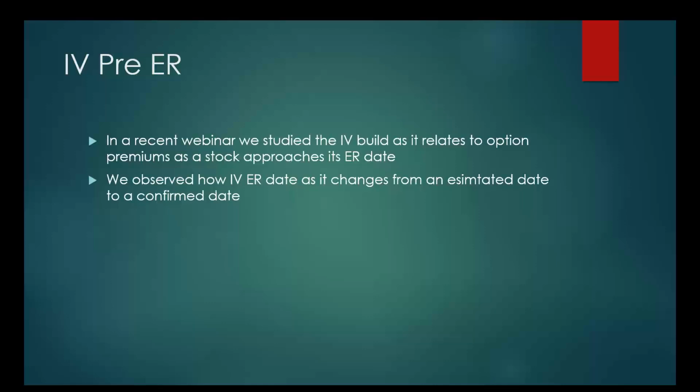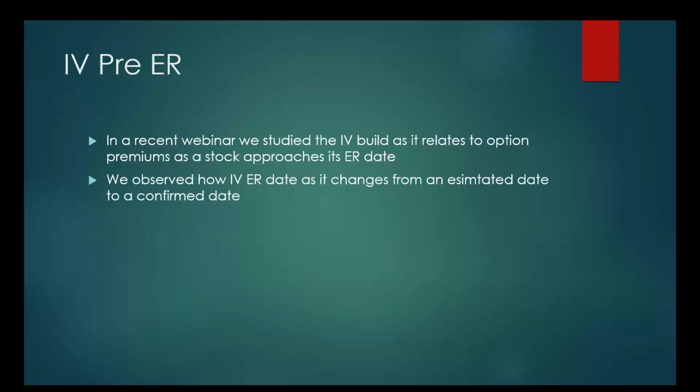We observed how the IV changed when the whole market didn't know when the earnings date was going to be. They were predicting, and you could see it in the IV bump. The market was anticipating that the earnings release date was going to be such and such a date in the future, with that weekly option expiration that expired the following Friday. They were predicting, just hypothetically,